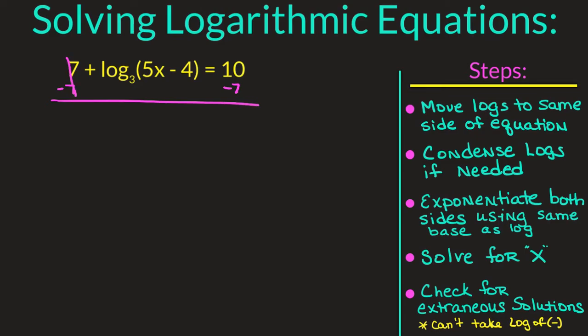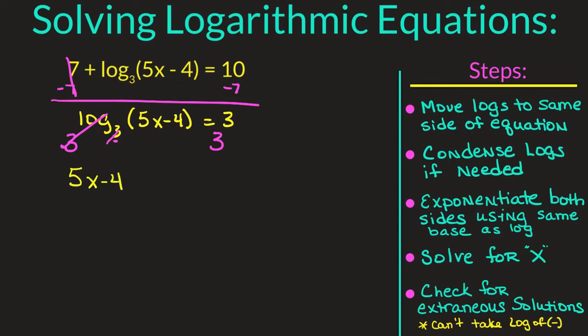When we do that, the 7s will cancel, and then I'm left with log base 3 of 5x minus 4 equals 3. And then the inverse of a log is an exponential, so we're going to exponentiate both sides using that same matching base. And then the log base 3 and 3 go away, and we are now left with